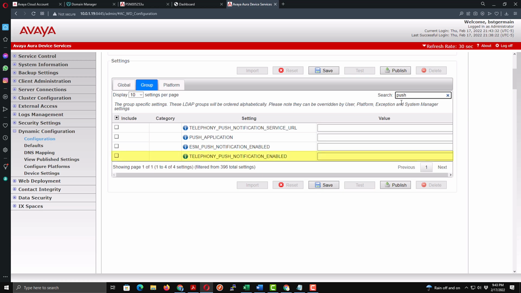And the setting we want to populate is telephony push notification enabled, and per the documentation, we want to set that to 2, which is used for Session Manager push notifications. Now make sure you choose the checkbox to include the setting in our settings file, and then when we're finished,